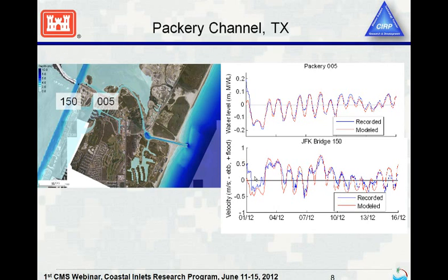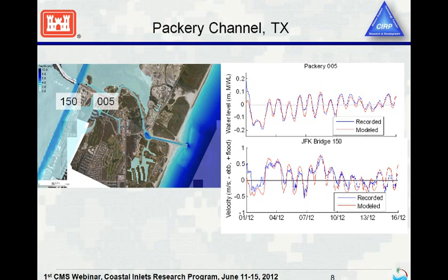Just one example of a grid that we've set up in the past in Packery Channel, Texas. So this is the area here. It's a pretty difficult area to model because of how shallow this area is over here. But we were able to get this up and running. We did some initial validation. This isn't the final validation, but this is relatively quickly. And this shows a little example of how you can do some of the plots within the SMS as well. Both the scalar values like water level and the vector values, velocity,